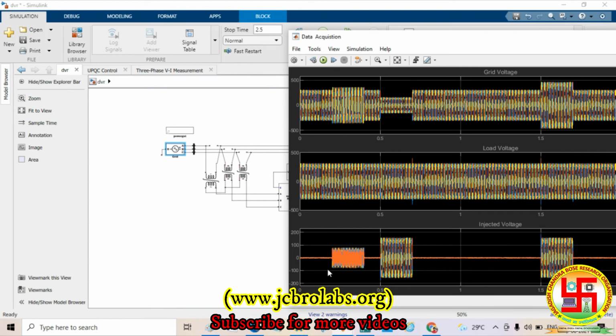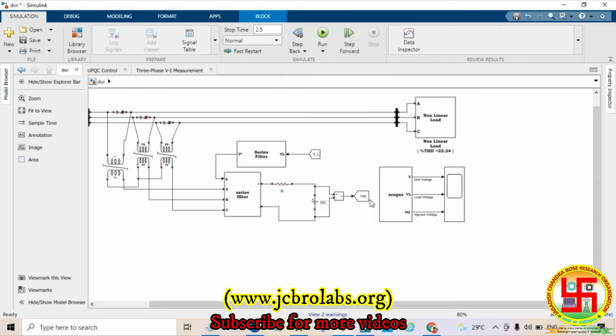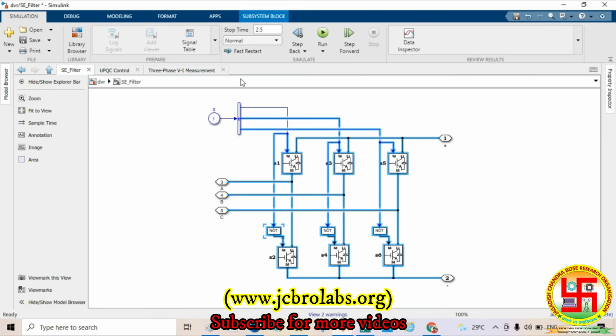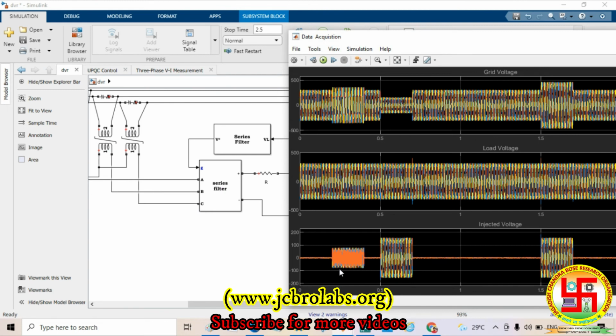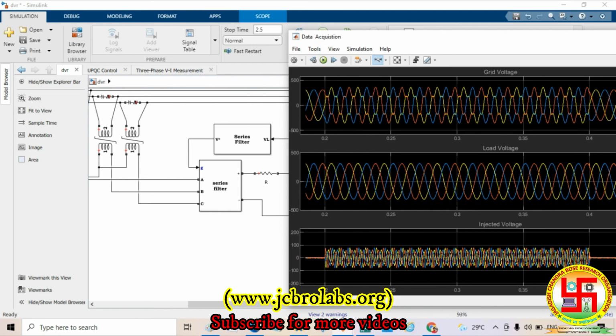Now to mitigate that problem, the injected voltage, which we provide using this DC link voltage and this three-phase inverter, is mitigating that problem. Then you can see the injected voltage which we are sending at 0.5 to 0.7 and 1.5 to 1.7, and the load side voltage, if you observe, is a pure sinusoidal waveform. So initially we created the problem, and we are overcoming it by using the DVR, dynamic voltage restorer. That means even though the problem occurs on the power system network, you are getting the power supply from near the substation.